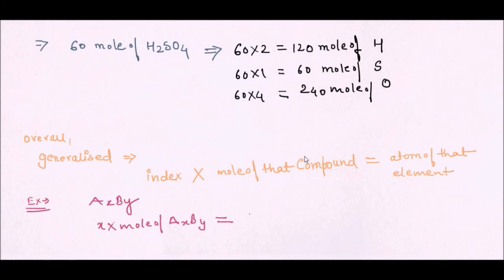So what I did, index into moles of that compound, like x into moles of AxBy is equal to atoms of A. And the same way for B I can do y into moles of AxBy is equal to atoms of B. So simple. So this way I learned how to count the number of atoms, and if I know how to count the number of atoms, just simply what I have to do, I have to conserve it on the reactant and product side. Okay, so right now this will be clear, I hope so. Okay, let's